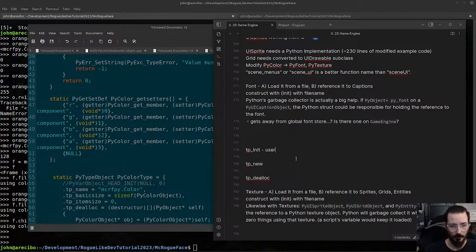This is the user facing TP new. Because if we just have a regular member on the struct, it's not that hard to set up the memory. And then this should be like